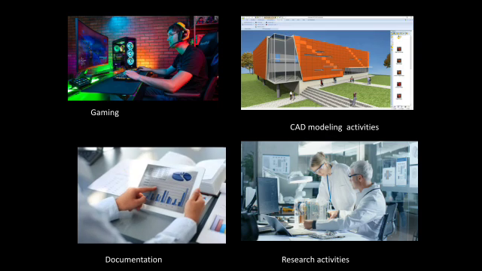So guys, these are the examples like gaming, for example, the recent games like PUBG or other kinds of games which require heavy RAM and heavy processing powers, and at the same time the CAD modeling activities, for example, an architectural team that needs to design a specialized building or a concept building does it in modeling software, and these modeling softwares really require highly demanding processing power.